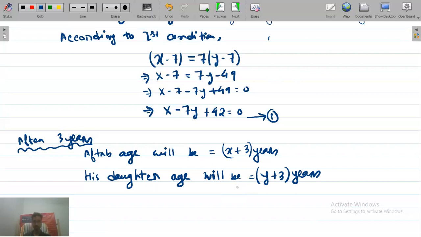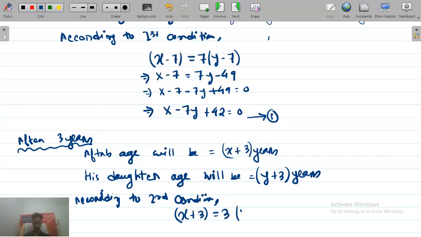So according to the second condition, what will be the equation? That means after 3 years, the father's age will be 3 times the daughter's age. Yes. So when you now solve this,